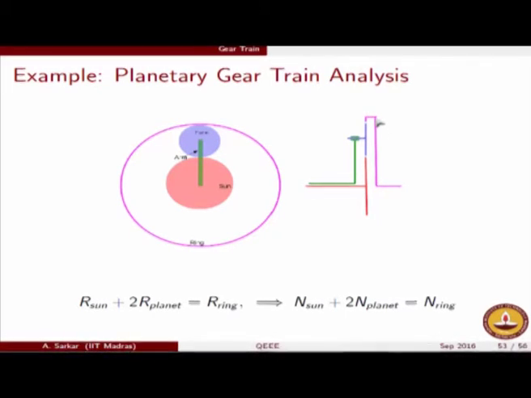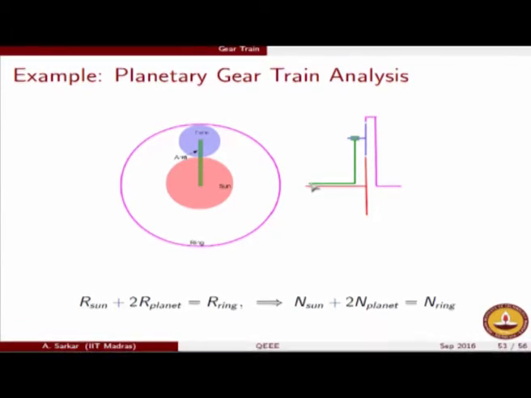I can make the clutch engage with the ring gear and thus make it fixed, and when the clutch is remaining fixed, the output will come from the arm. So using the same device, I have the flexibility through a clutching arrangement to attain different gear ratios, and that is exactly what is required in a transmission system to have greater flexibility.